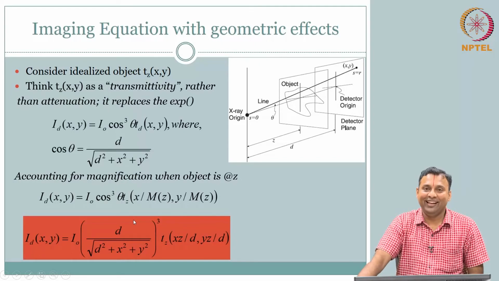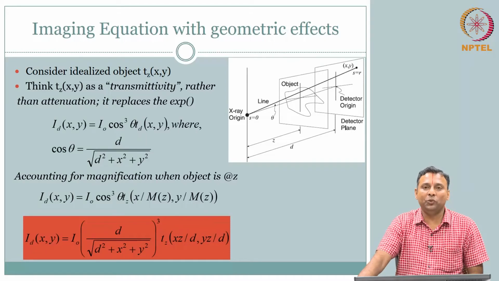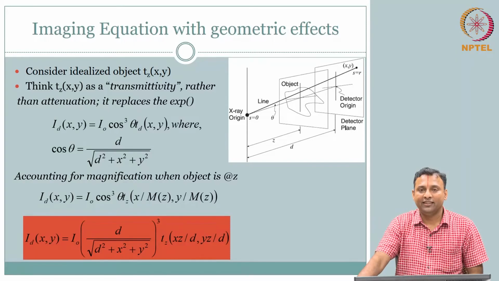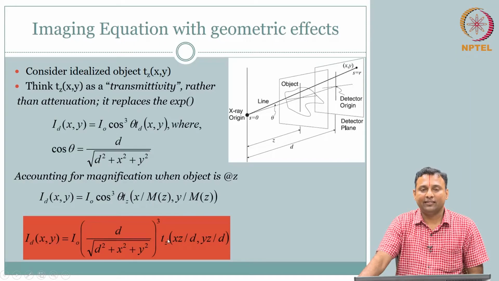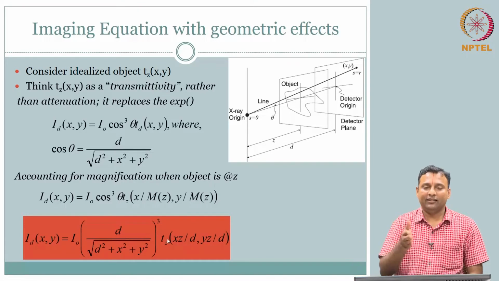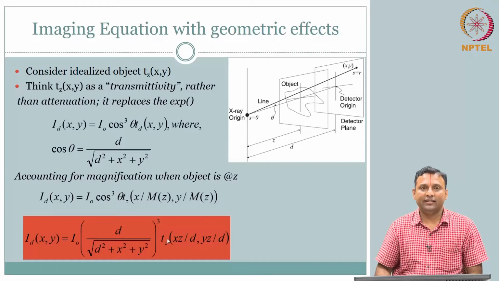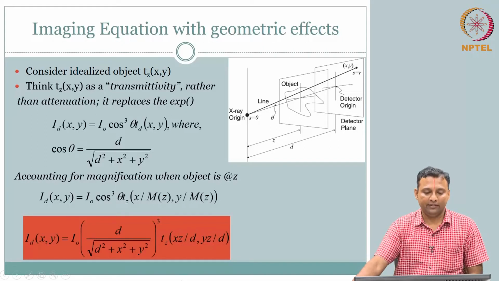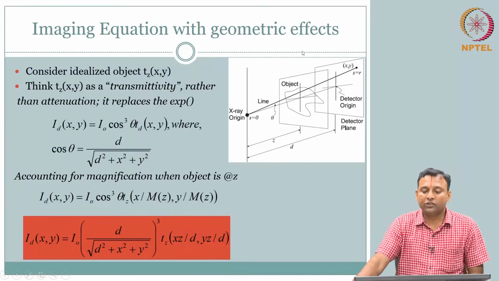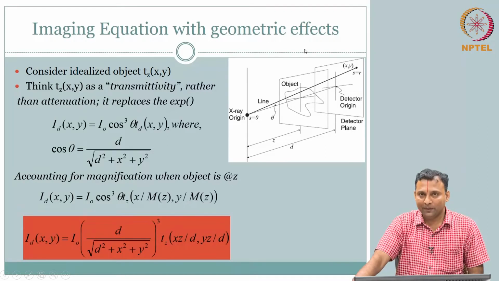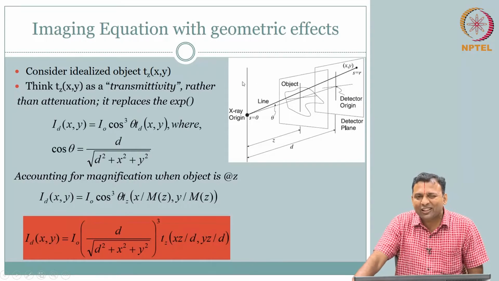are we done? Is this the imaging equation now? It seems like we have addressed several aspects, without the object, with the object, with the depth dependent magnification. Is there anything else that we need to worry about? Well, I think so far the geometric effect is good, but it's still not completely done,